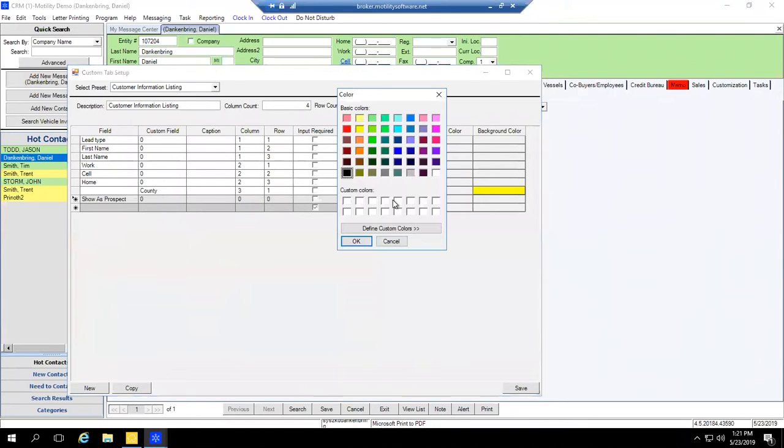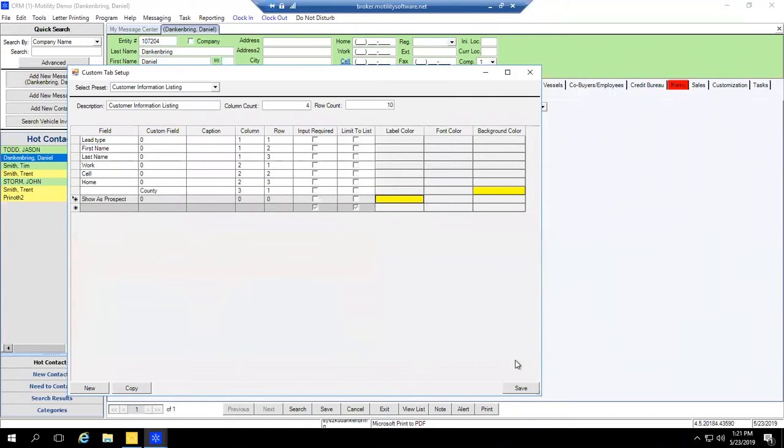And if I change my label color to yellow here, I also have to pick which column and row I want this to show up on. So I'll make this its own column, and I'll make it the first option on that column. So if I go ahead and save now,